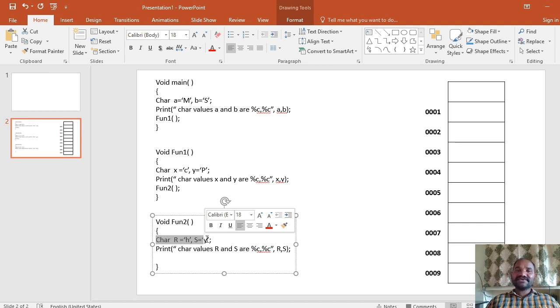What exactly is the stack? I'm just defining the stack here; how we access it, we will see in the next video. The stack is a part of the RAM, a special purpose memory.